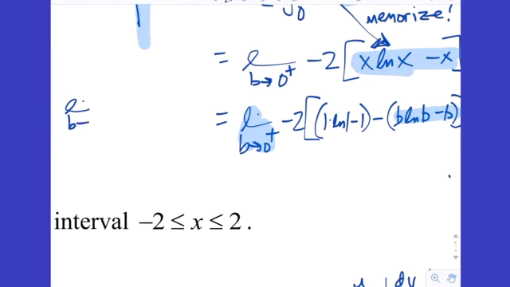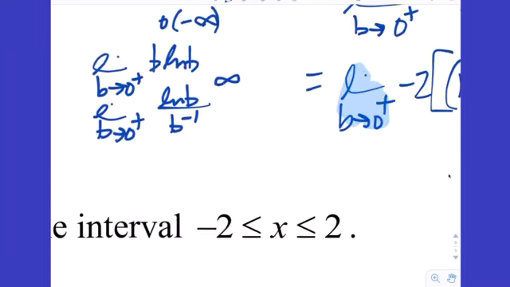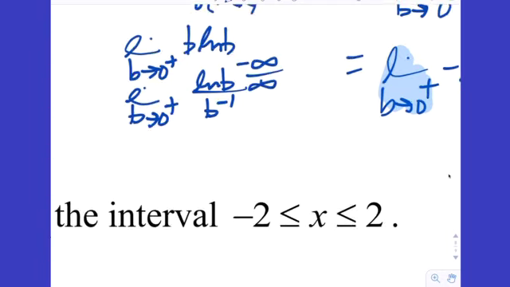Okay, so again, bench work off to the side. I got the limit as b goes to 0 from the right of b times natural log of b. You don't want to do it in there because it's way too much to write every time. So this is 0 times negative infinity, which is indeterminate. So L'Hopital's rule shows up a lot in improper integrals. We typically brought the b to the bottom, right? B to the negative first. And now when you plug in, you get infinity. And then 1 over 0 is also infinity. So you really get negative infinity over positive infinity. But it doesn't really matter. Still infinity over infinity. So now by L'Hopital's rule,